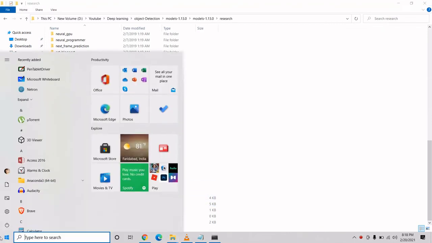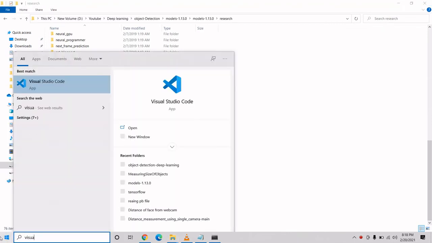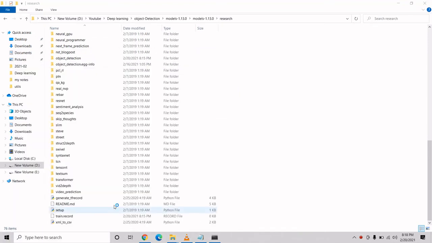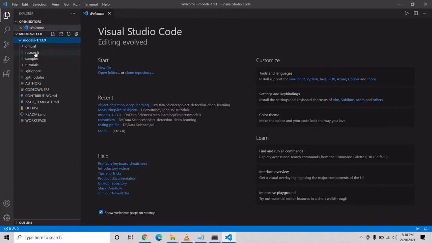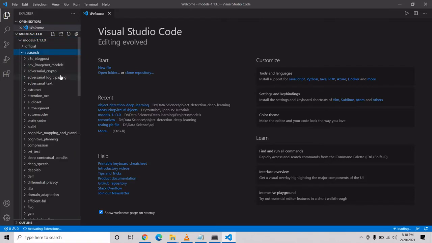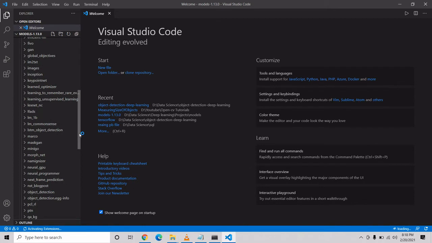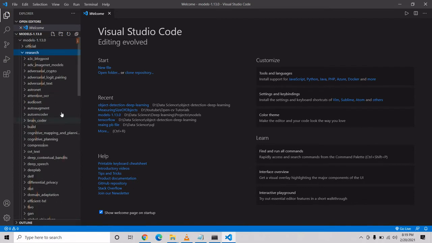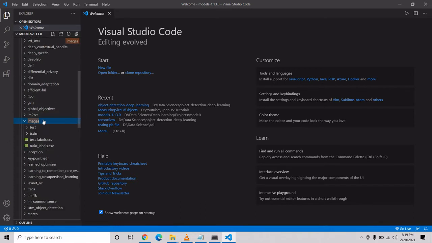I am opening my Visual Studio Code over here and I will show you what changes you have to make. You have to open this folder. Inside this we have research, inside this we have images, and inside the images we have these files.